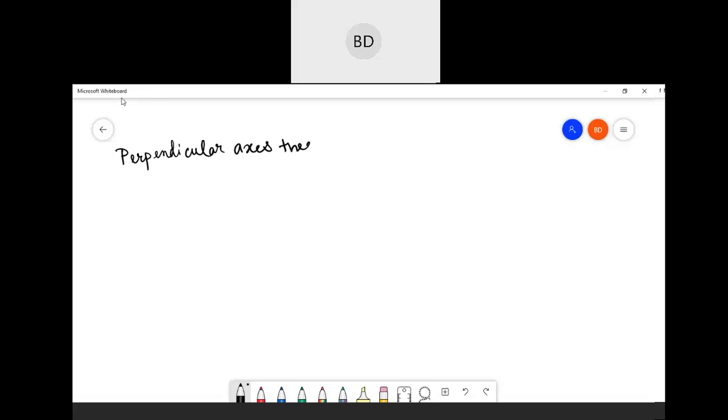So this is the perpendicular axis theorem. Let us write the statement first. Suppose you have a lamina like this. This is the x-axis, this is the y-axis, and you are asked to find the moment of inertia about an axis passing through the point where the other two axes meet and perpendicular to the plane. So this is a perpendicular line, suppose the z-axis. So the statement is